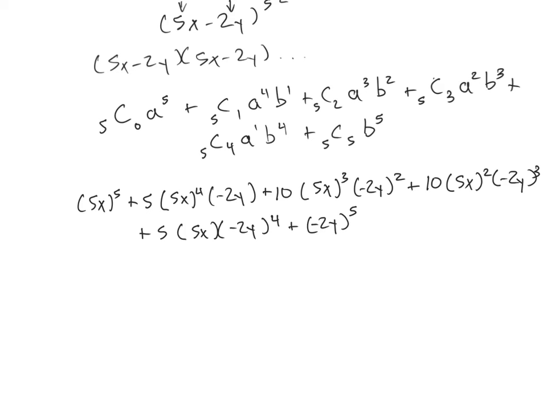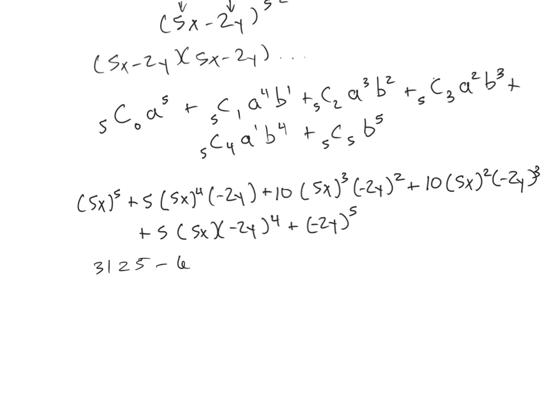So let's simplify this even further. 5 to the fifth power is 3,125 plus 5 to the fourth times 5 times negative 2. We got, ooh, that's a negative number. So this is negative 6,